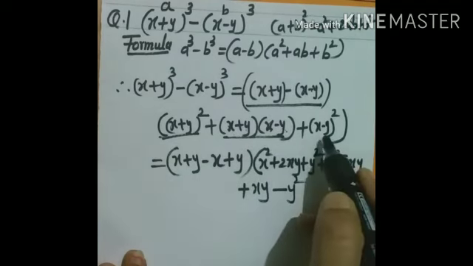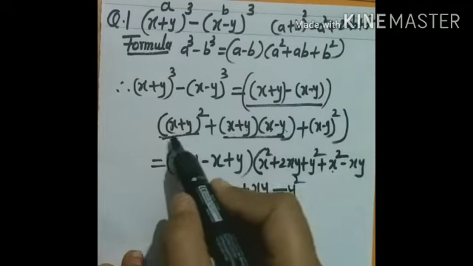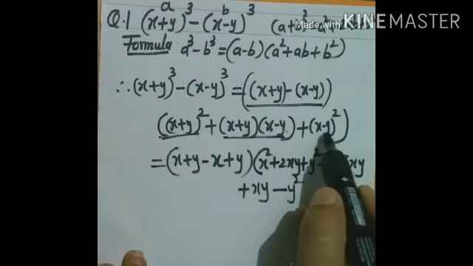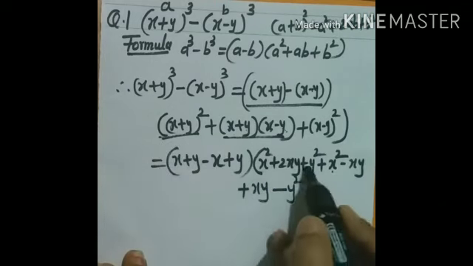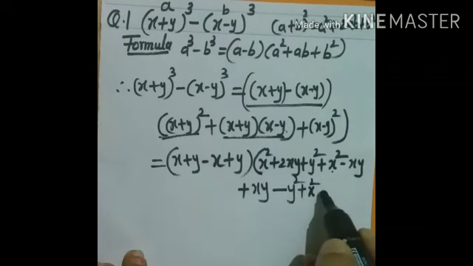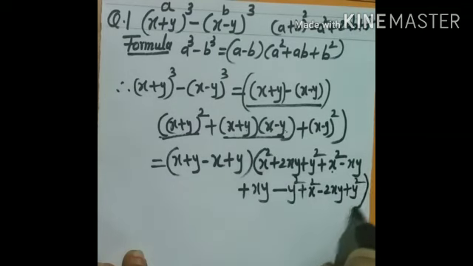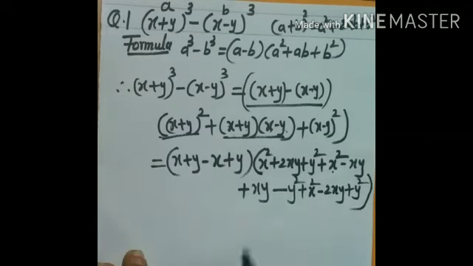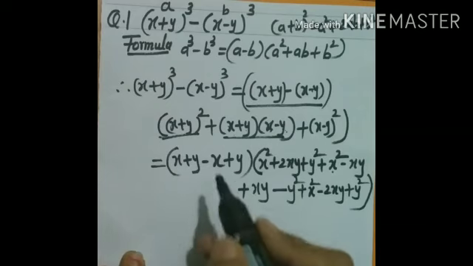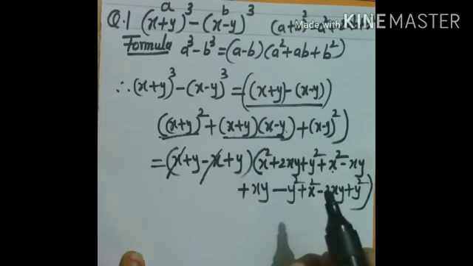Now, again, children, here we have to use the formula. Here, which formula will we use? A minus b the whole square formula. Same, children, the expansion is the same, only the sign will change. So, here by seeing this only we will write, children, here plus x square minus 2xy plus y square, close the bracket. Now here, children, we have to eliminate some terms. Okay. Plus x minus x get cancelled, children. Okay.